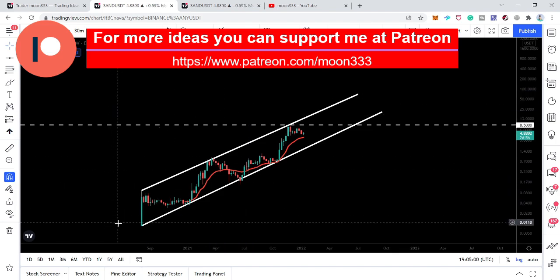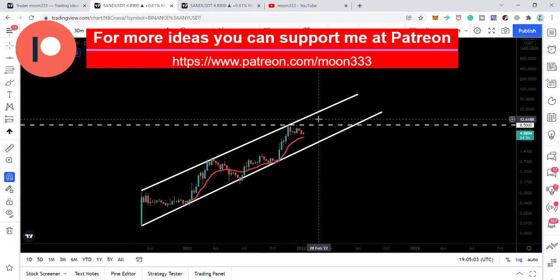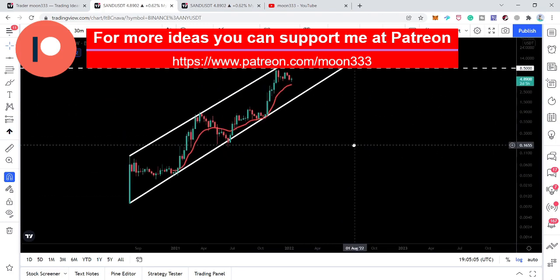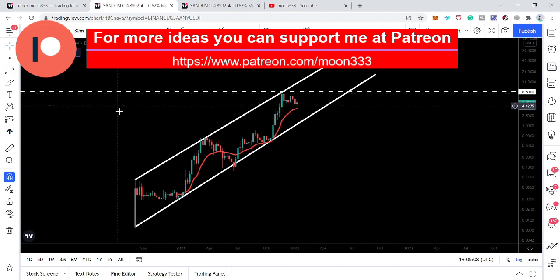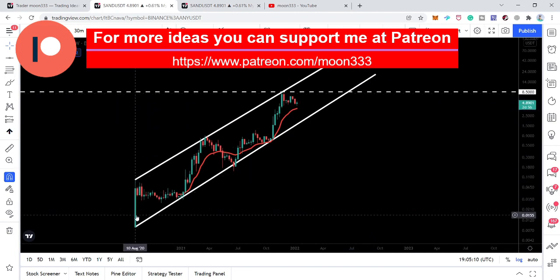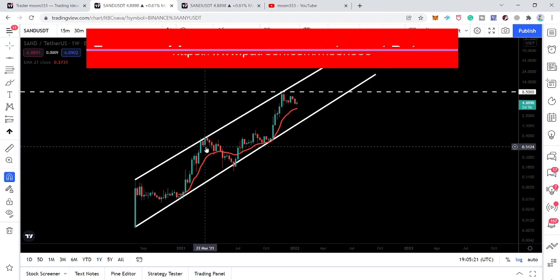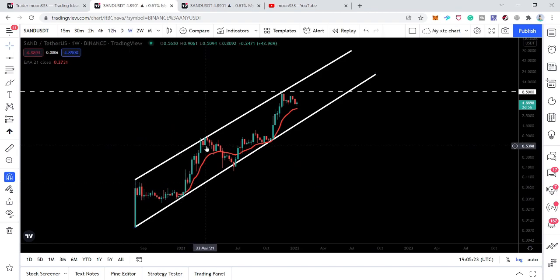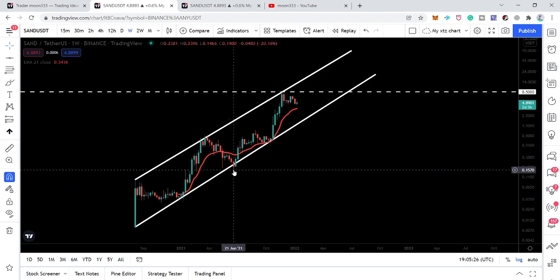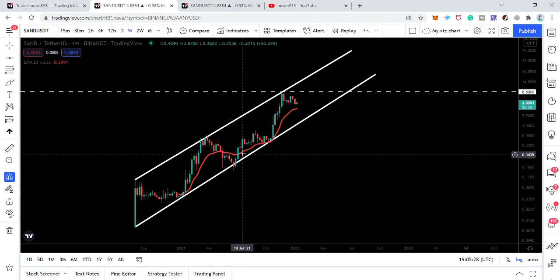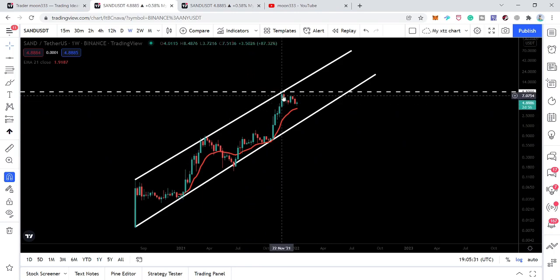So let's start the analysis. First of all, let me show you this up channel that has been formed on the weekly time frame. As per Binance Exchange, this formation started here on 10th of August 2020, and the price line first rejected on this candlestick, moved down to this support and moved up again, and it was again rejected in March 2021, moved down to the support again in June 2021, and once again it rallied up to this resistance and was rejected on 22nd of November